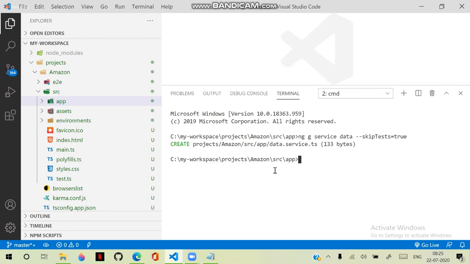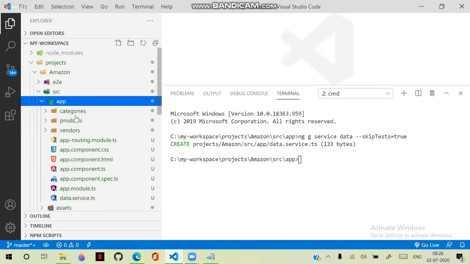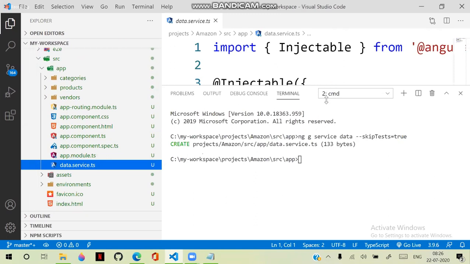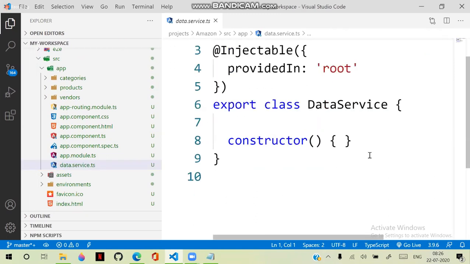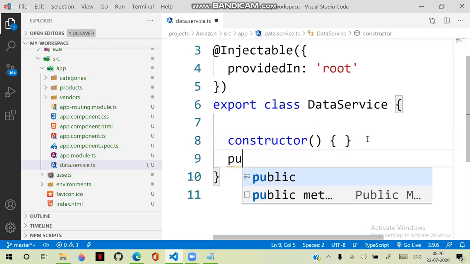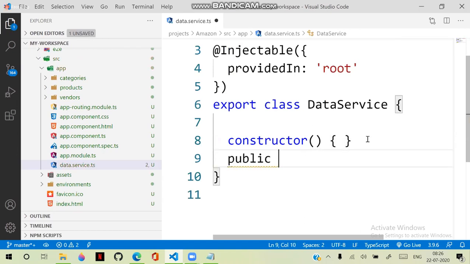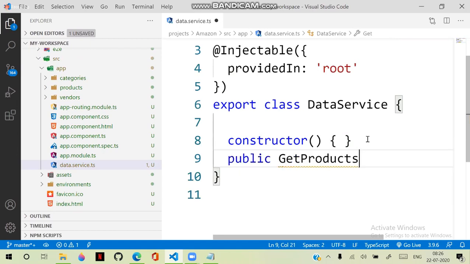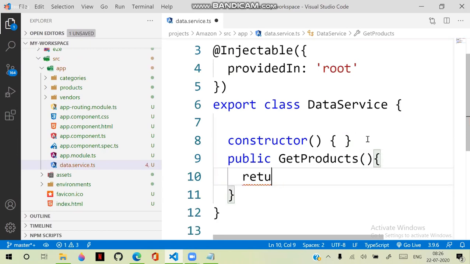When we are generating the service, let's go into data.service.ts, and here we will create a service method that returns the data. So I'm creating a public service method, get products, and this should return an array of products. We are creating a service